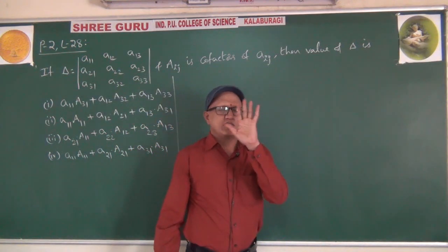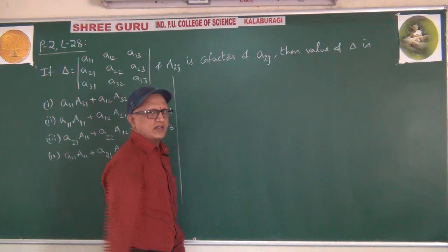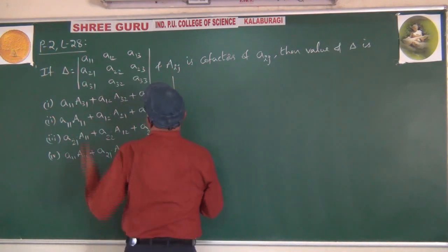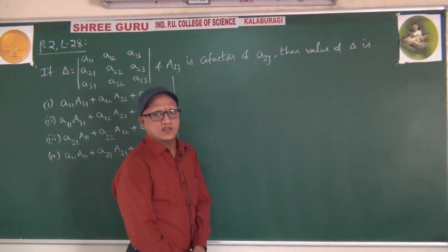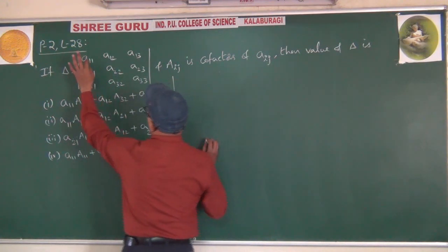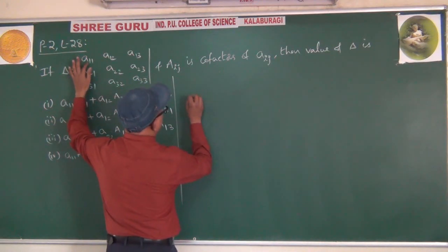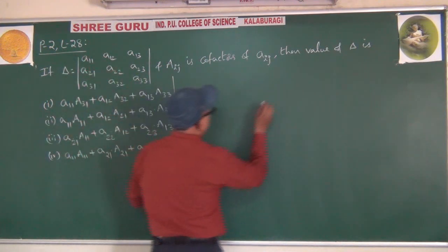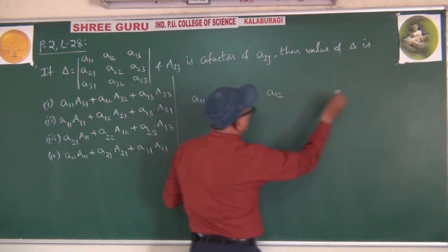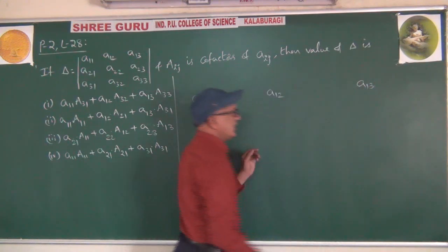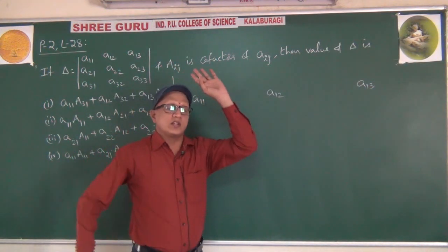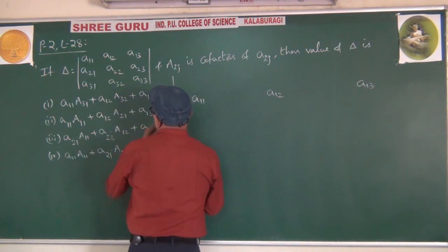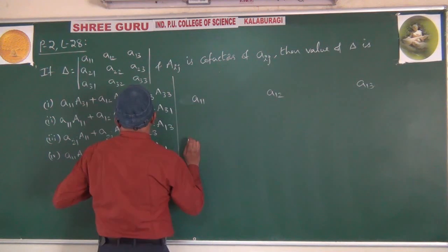Listen for 5 minutes with full concentration, you can understand the concept. Otherwise, there will be confusion. I am going to expand this determinant by using the first row. How to expand this by using the first row? A11, A12, A13. Very beginning concept. A11, A12, A13. Right? Into